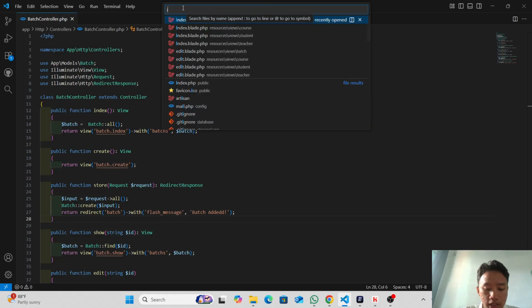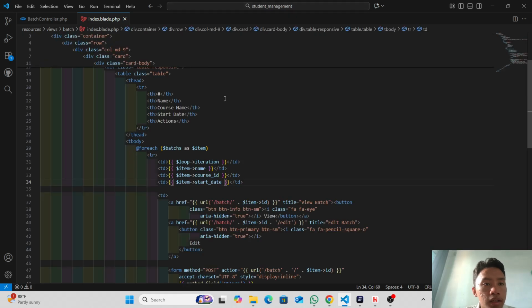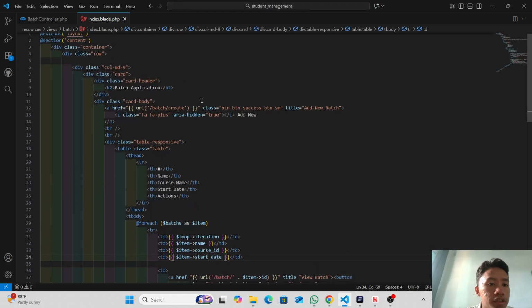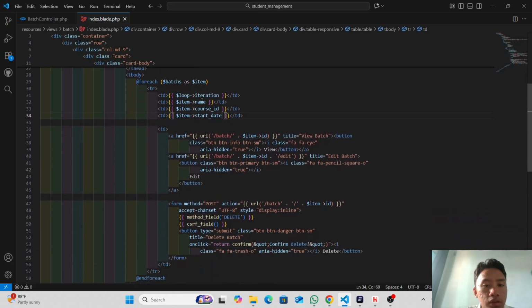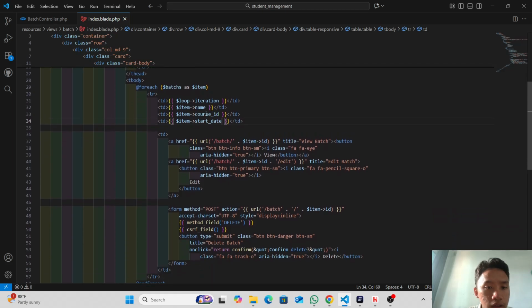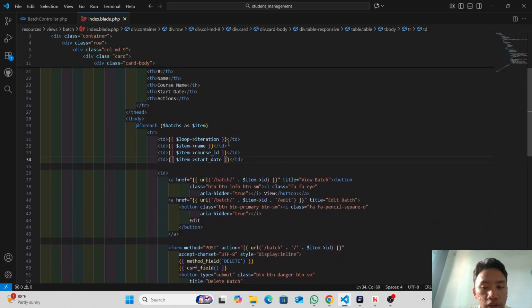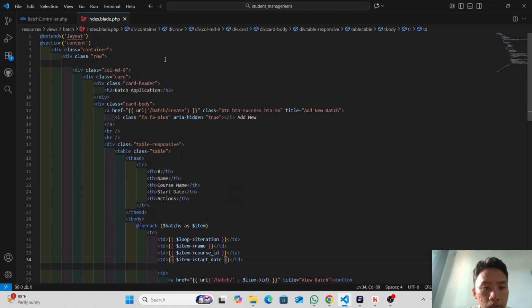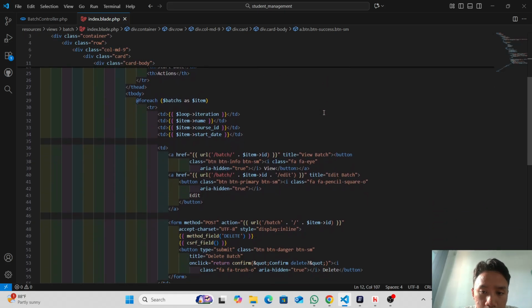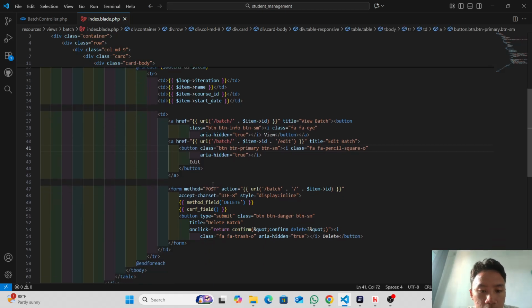Now we start from the index page: name, course ID, start date, action. Then the create page: add new page. View page, edit page, post, submit, delete page.